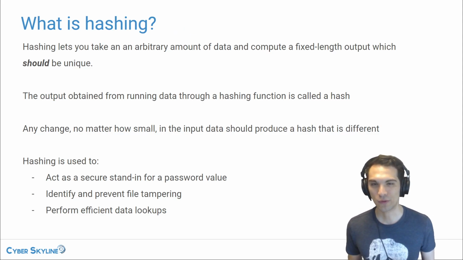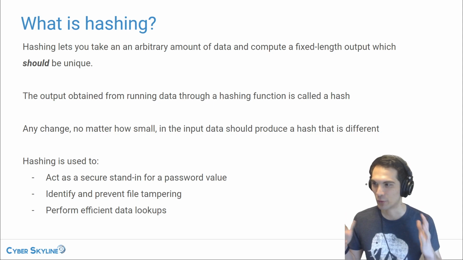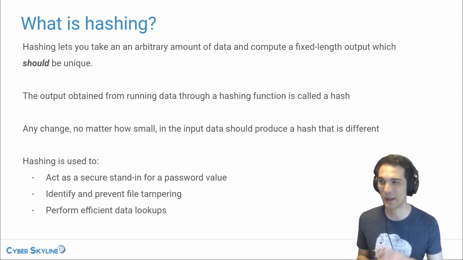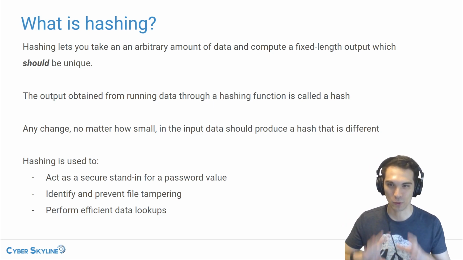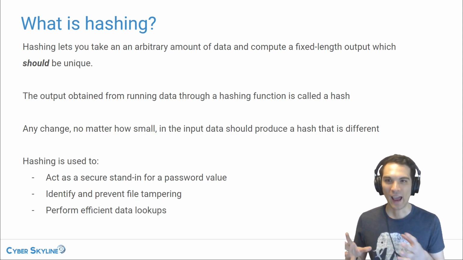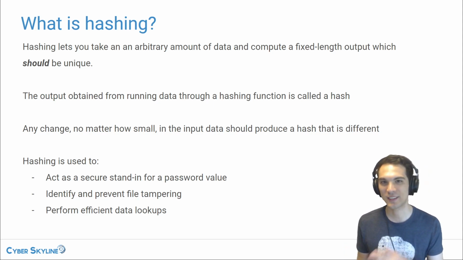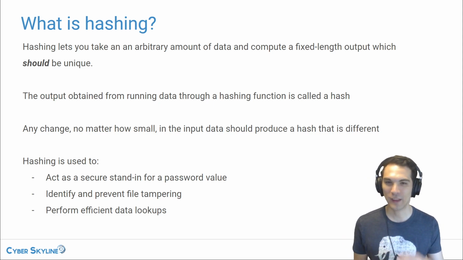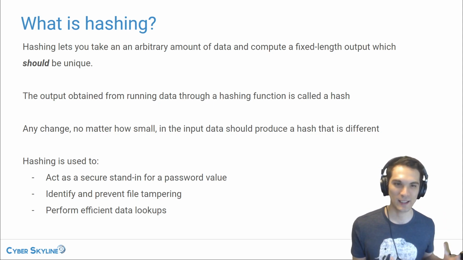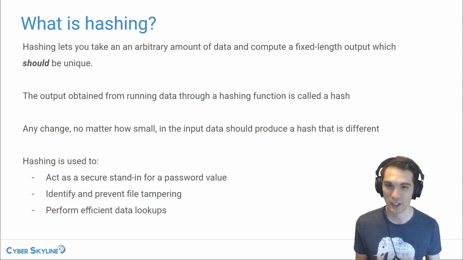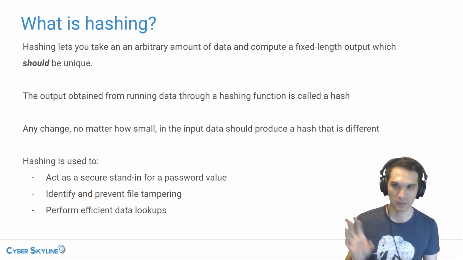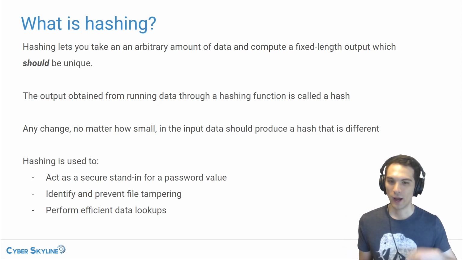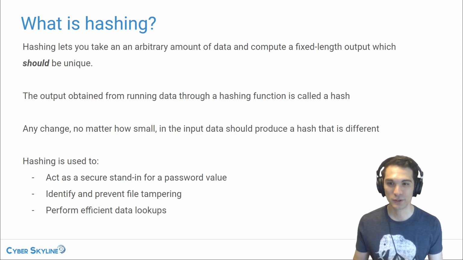When it comes to file hashes, you've probably heard of the term hashing used in many different other contexts. So let's just explain what it is for a second. Hashing is a method that lets you take an arbitrary amount of data and compute a fixed length output, which should, and the should here is very important, be unique. The output that you obtain from running the data through the hashing function is called the hash. You've probably heard of a lot of different hashes. I mentioned file hashes. There are also password hashes. Hashing is used in a lot of different